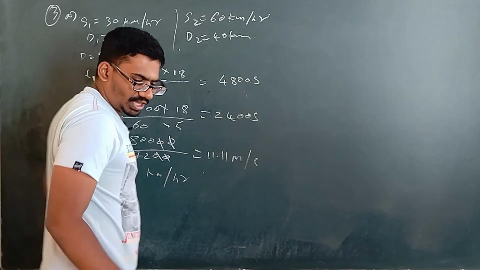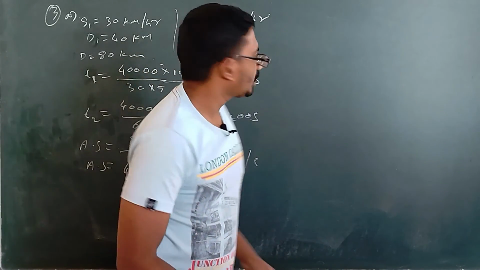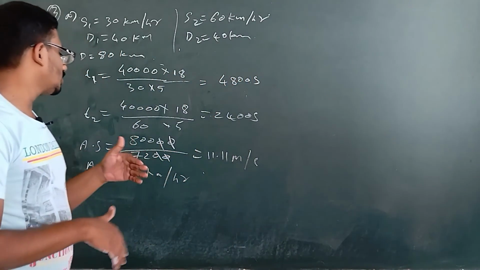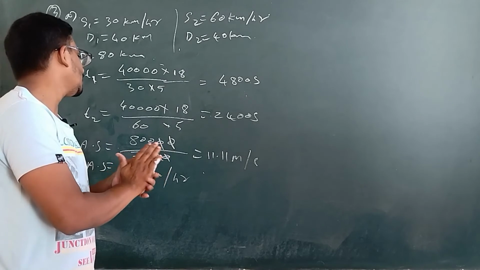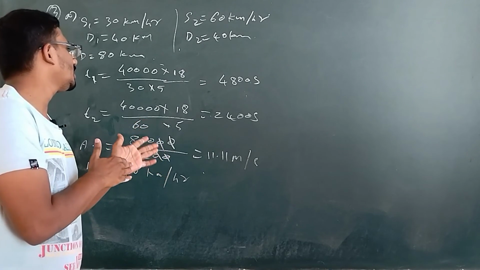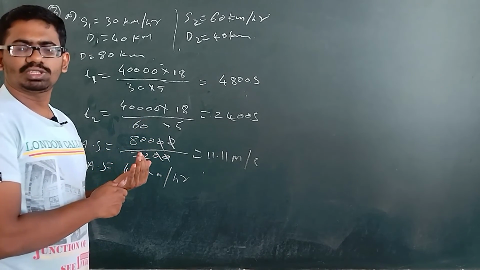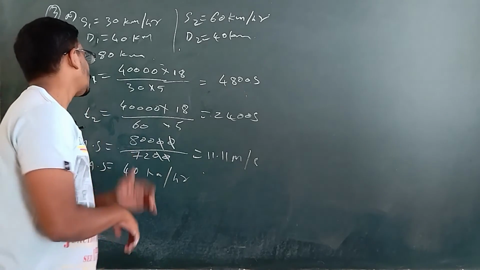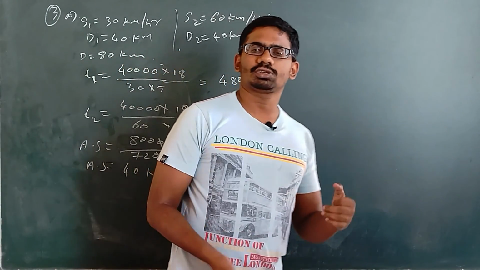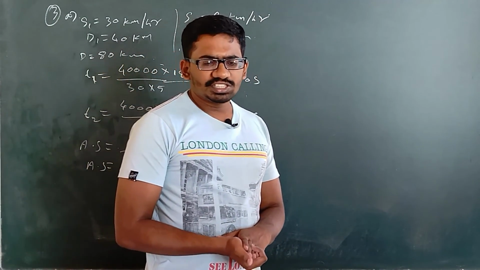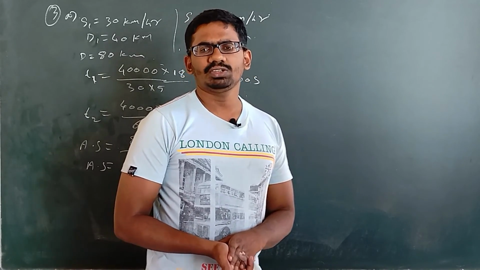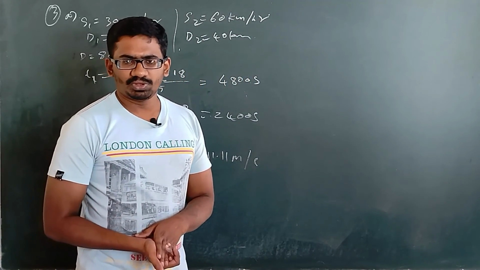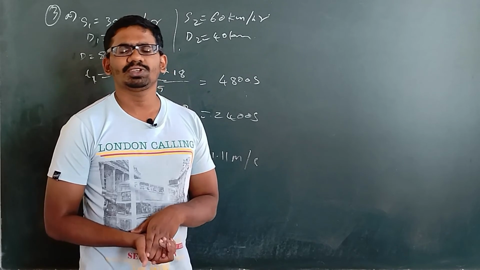In the same way, same velocity, because in both the conditions the travel is in the same direction, so the displacement will be the same, time traveled will be the same, everything will be the same, so you will be getting the same answer of 40 kilometers per hour in the second condition also. And the third condition is the graph, and you have to do it by yourself. Problems number 4, 5, 6 are going to be homework.